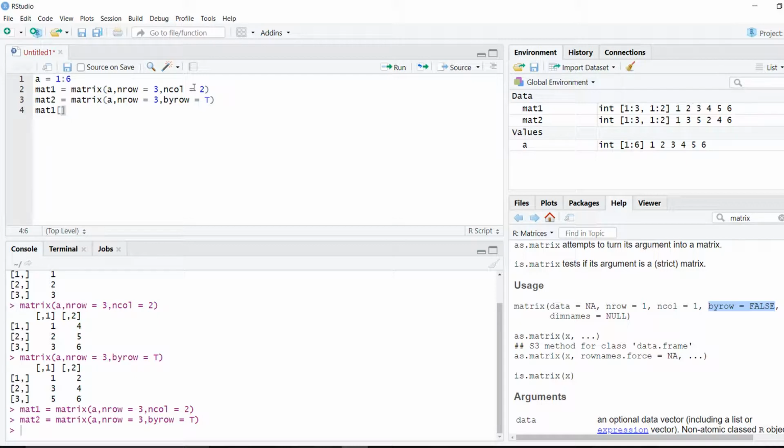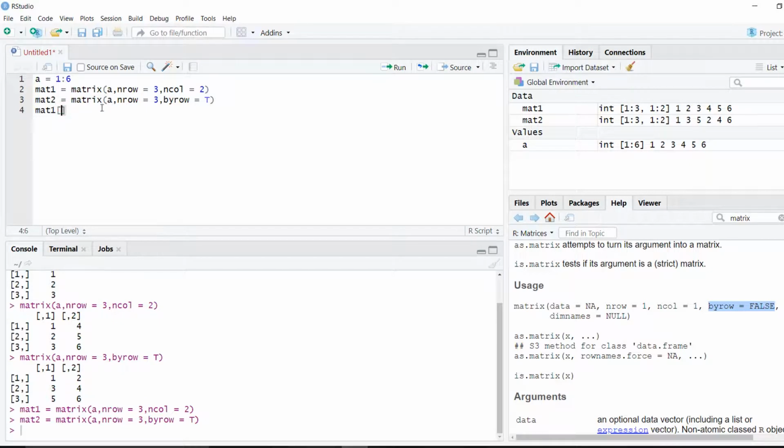If I want the first value, I need to specify the first row and first column. And you can see here, while it was representing the matrix, it is clearly shown 1, nothing. So when we say 1, nothing, that means all of the first row. When we say nothing, 1, that means all of the first column.